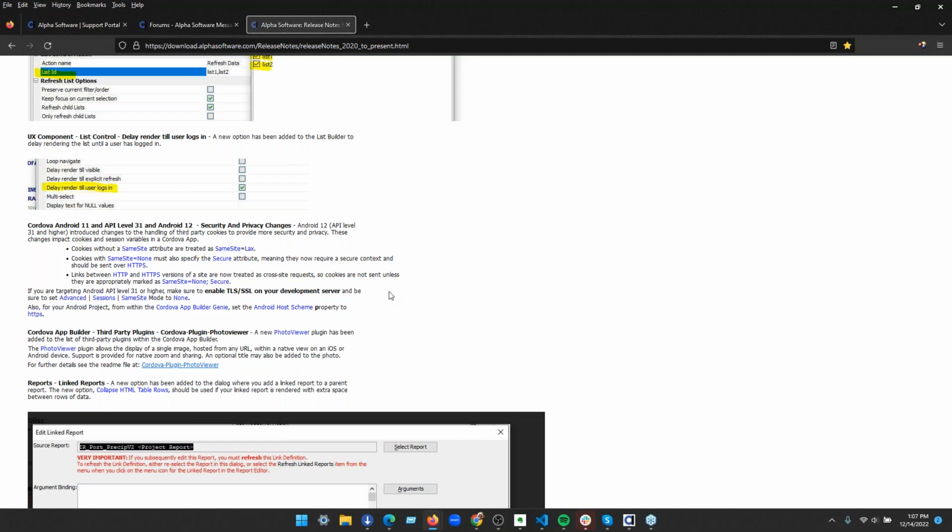So lax, meaning you have to have some level of security to communicate, or none, meaning no same site restriction. Anyway, it wasn't being handled, and both Apple and Google punted on that, trying to come up with a solution,